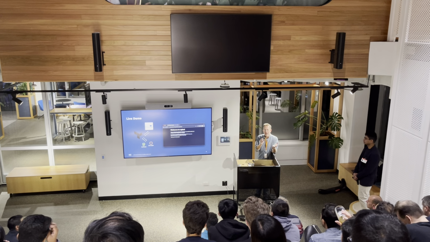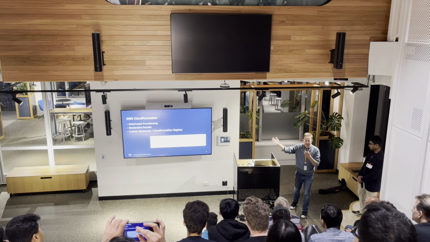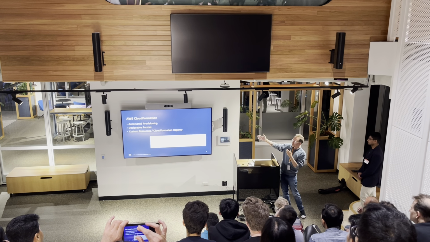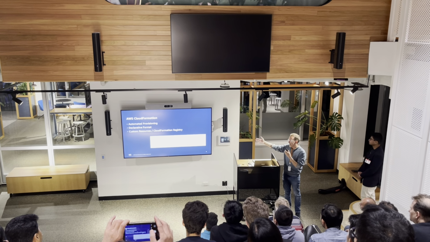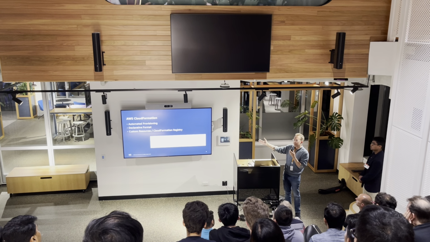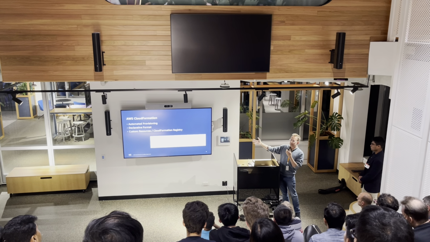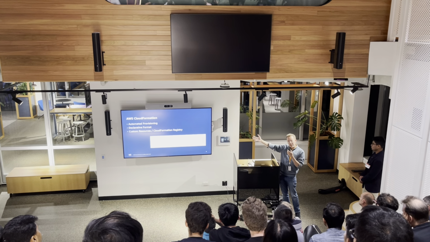Because of who I work for, I should mention some other services. AWS CloudFormation, like I said, lives in kind of the same part of your toolbox. CloudFormation is also a place where I give it a declarative file, and it will go off and create things for me. There is also the concept of custom resources. We can write Lambda functions inside of CloudFormation to go and create things that CloudFormation doesn't know about. If I were to re-implement this in CloudFormation, I would use a custom resource to go and do that trip to create the certificate for me.